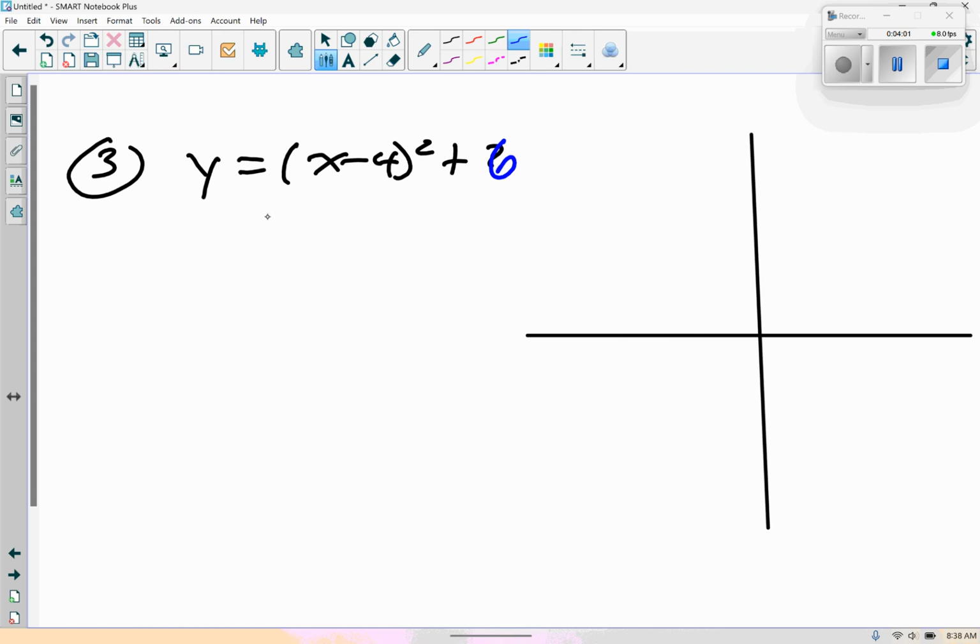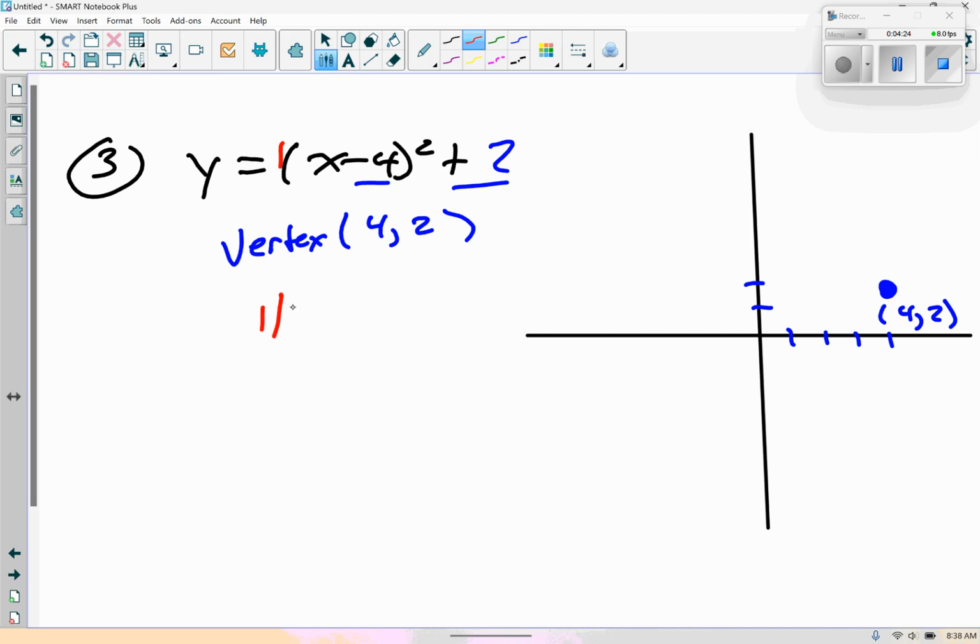Oh, that's a 2. So my vertex is going to be the opposite of this, same as this. So 4, 2. And we have a 1 out front, so our pattern graph is going to be 1, 3, 5. So if I go right 1, up 1, right 1 of 4 is 5, up 1 of 2